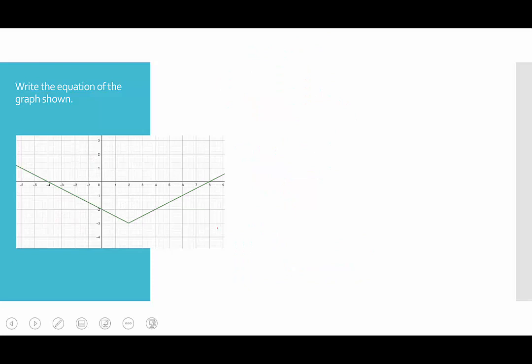Okay, our last graph that we're given, I see the vertex here at (2, -3). And let's locate any other point on the graph. I like finding a 0. We might as well just stick with that (0, -2). That seems to be a popular one, (0, -2). So again, the generic form is g of x equals a times the absolute value of x minus h plus k. We know the coordinates of the vertex are h and k, and then any other point on the graph, so my (0, -2),